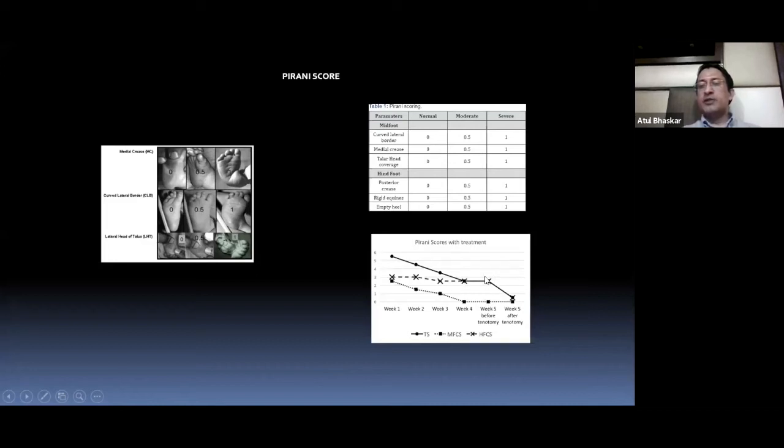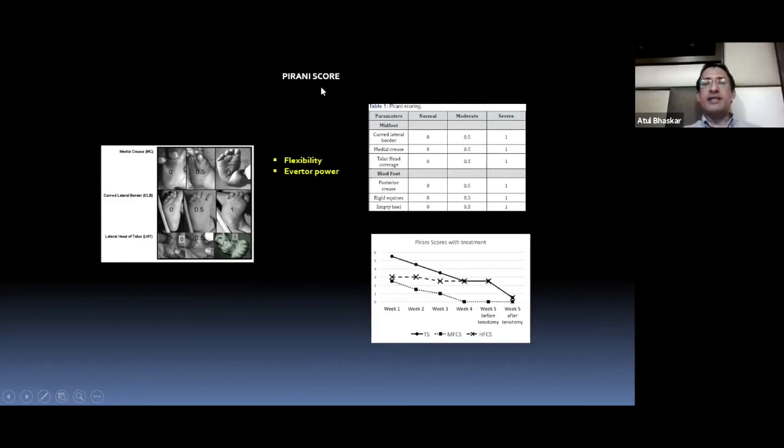So this is the time it tells you when you want to intervene to do a tenotomy. So the Pirani score guides your treatment. It also tells you whether you're getting a relapse. It also tells you whether it's a syndromic foot, because if you don't get a midfoot score to 0 by 3 or 4 weeks, that means you're dealing with an atypical clubfoot, or your technique of casting is wrong. Hence, it is very important to have a graphic representation of your serially decreasing score. So it tells you flexibility.